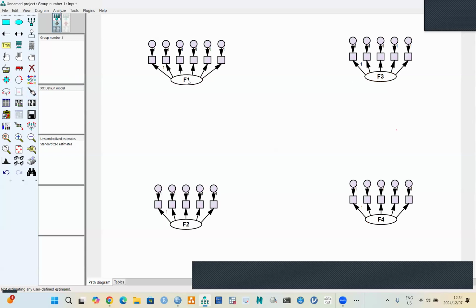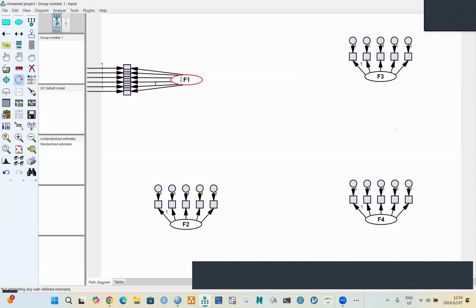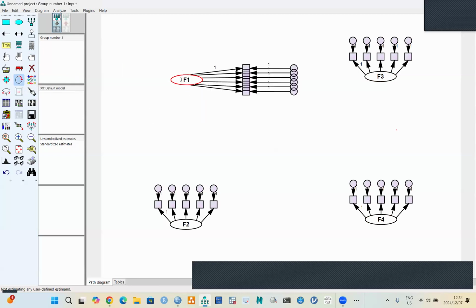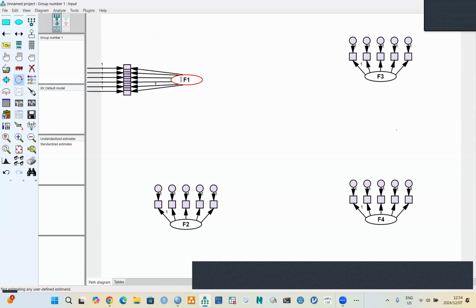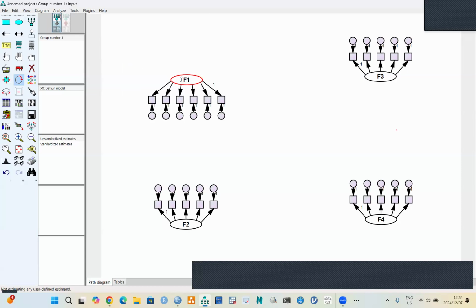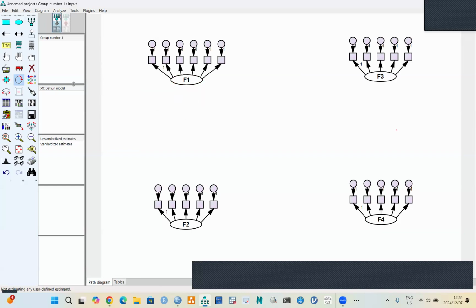Or you want to rotate this. Are you getting my point? You can use this to rotate the indicators. Can you see it? So it depends on what you like to achieve. So you can rotate